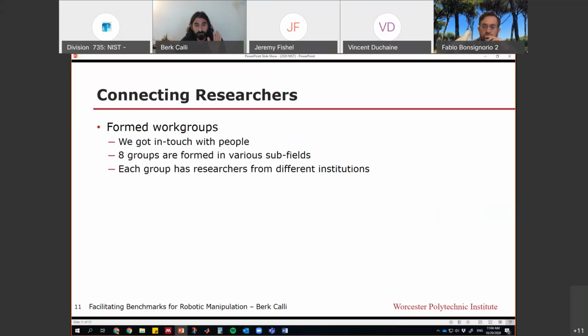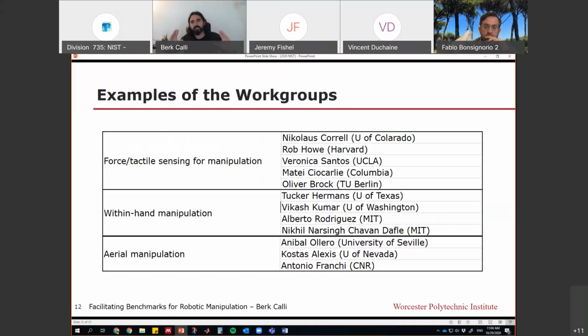So what we tried to do here is to form some work groups made up of communities, research labs from all around the world. You see here three of the work groups that we have formed, and the researchers are from different universities, different research labs. So this helps with a couple of things. One,